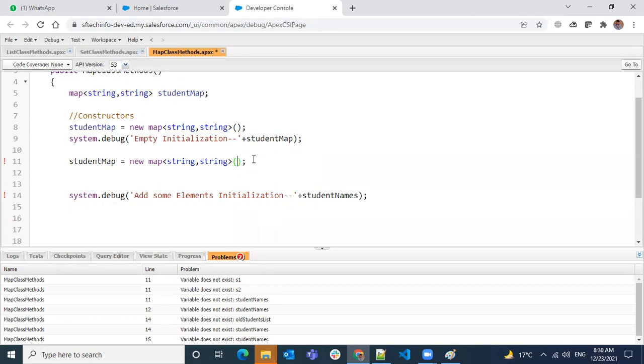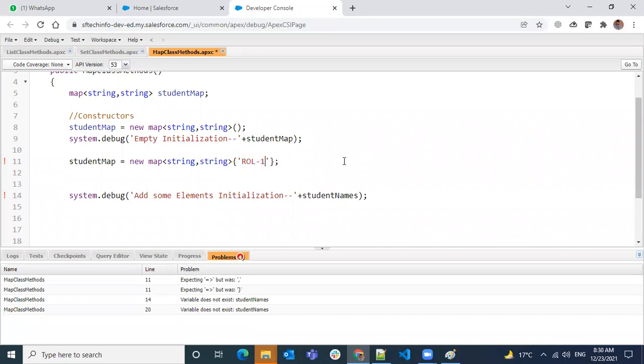How it will be given is, let's say I'm going to give a roll number, roll 1, and it will be an equal-to and greater-than symbol, a kind of arrow, and then you enter the value to it. This is how we add the values to the map.